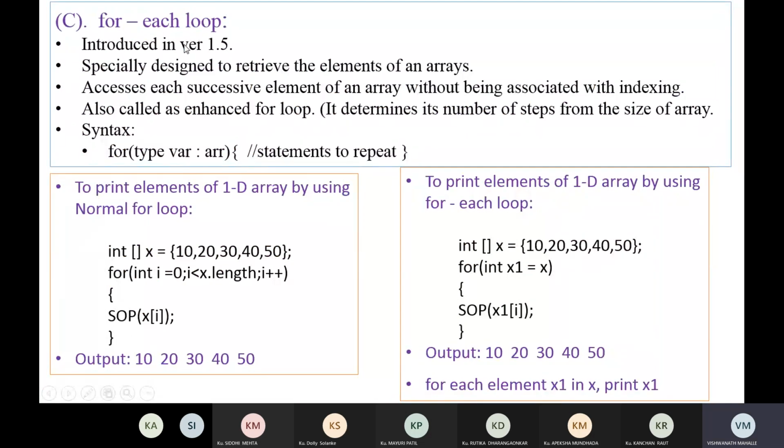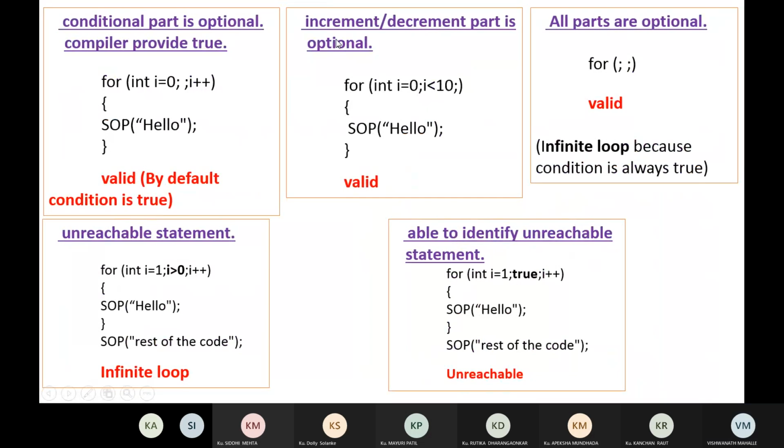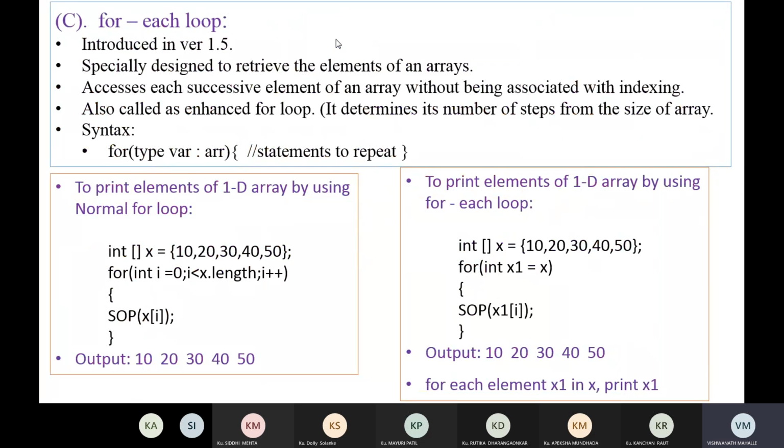Now we have seen for loops. Now the for each loop, that was introduced in JDK 1.5. It is specially designed to retrieve the elements of an array.